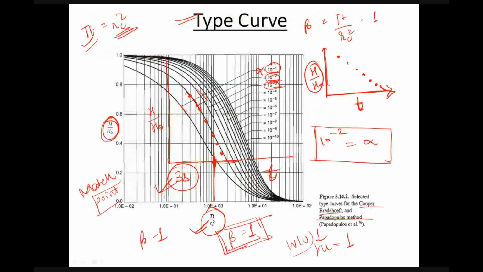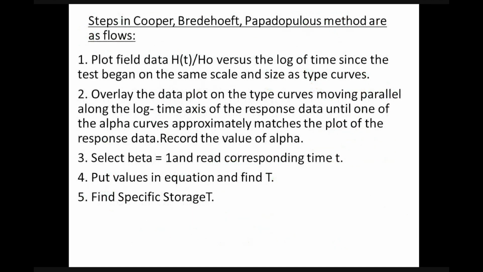Okay, so हमें बेसिकली करना क्या है, we already have a type curve present with us, हम लोग अपना जो भी हमारा फील्ड डेटा है we will plot it and we will overlay it over the type curve and we will find out the value of alpha, जो हमारा बेस्ट फिट कर्व होगा उससे हम लोग ओवरलाई करके we will find out the alpha. Then what we will do, we will consider beta is equal to 1, at that point we will find out the match point, वहां पर हम t की वैल्यू कैलकुलेट कर लेंगे and we will put all of these things in our formula and we will get the values. So these are all the steps that I have explained to you, ये सारा step I have written over here, so you people can read this when you get the PDF.